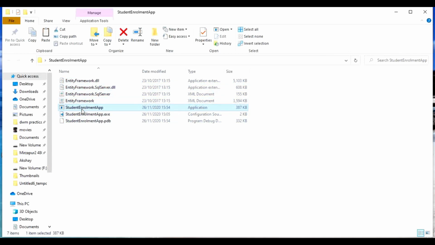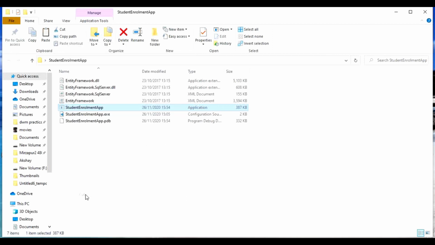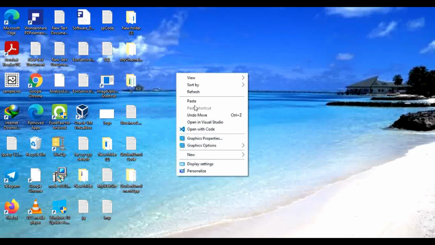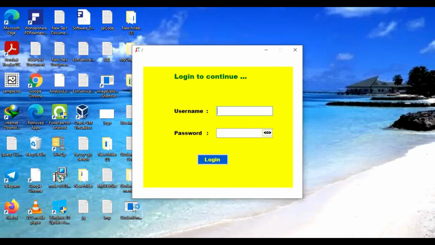What if I take this exe from here, cut it, and paste it directly onto this desktop, and let's try to run this? It will run perfectly, not an issue. But if I go and try to log in, let's see if it is correct.